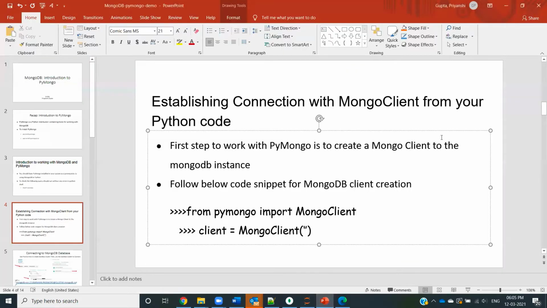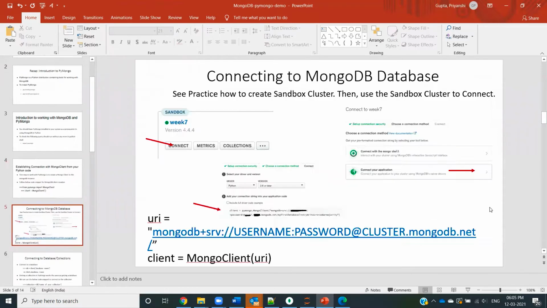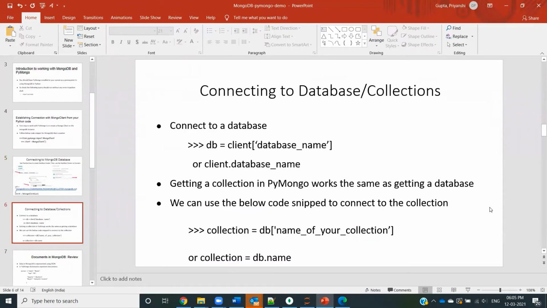Moving on, once you put these strings in the connection string of MongoClient in here, you'll be able to connect to the MongoDB cluster. The next thing that you want to do is get connected to the database as well as the collections that you have inside that specific cluster.